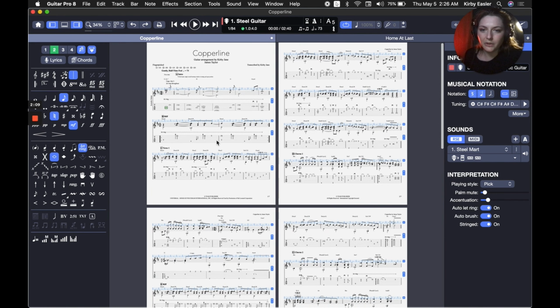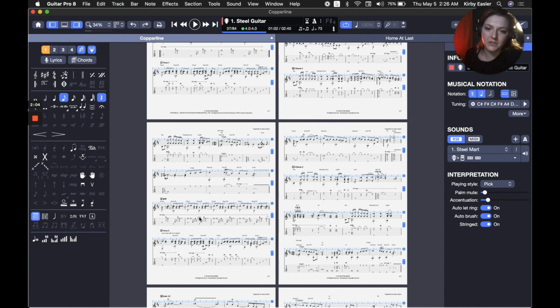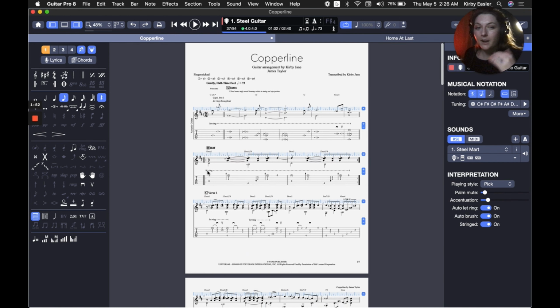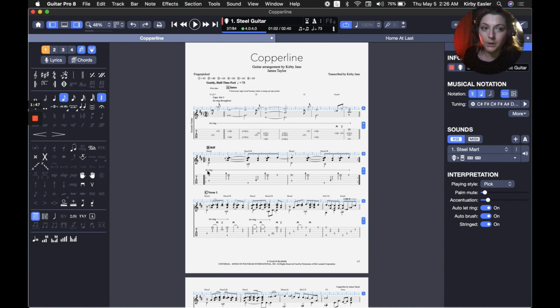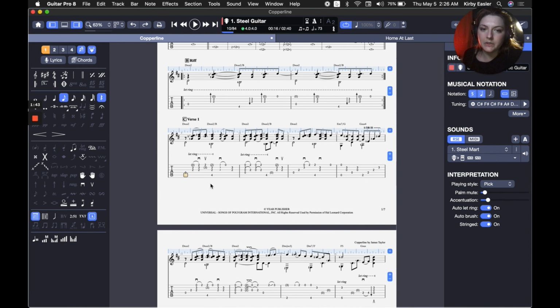So no one told me to do this. It's just something that I do that I think makes tabs a little bit easier to understand. But also, from my perspective, I'm not cluttering up the page with way too many fingerings, and I'm not introducing fingerings to make the reader think, oh, there's new material, I have to learn it a different way now. I feel like if I say the fingerings once, it should be the same unless I dictate otherwise. So that's relevant here because sometimes